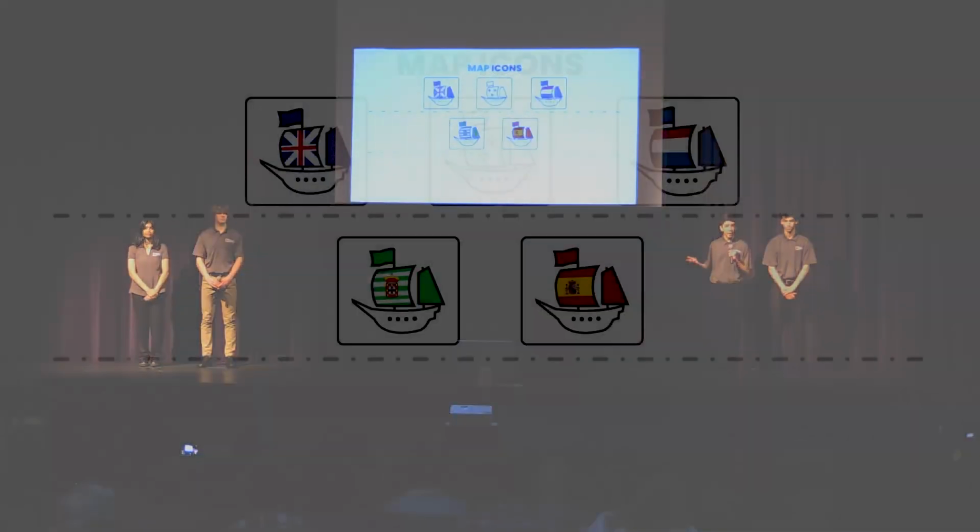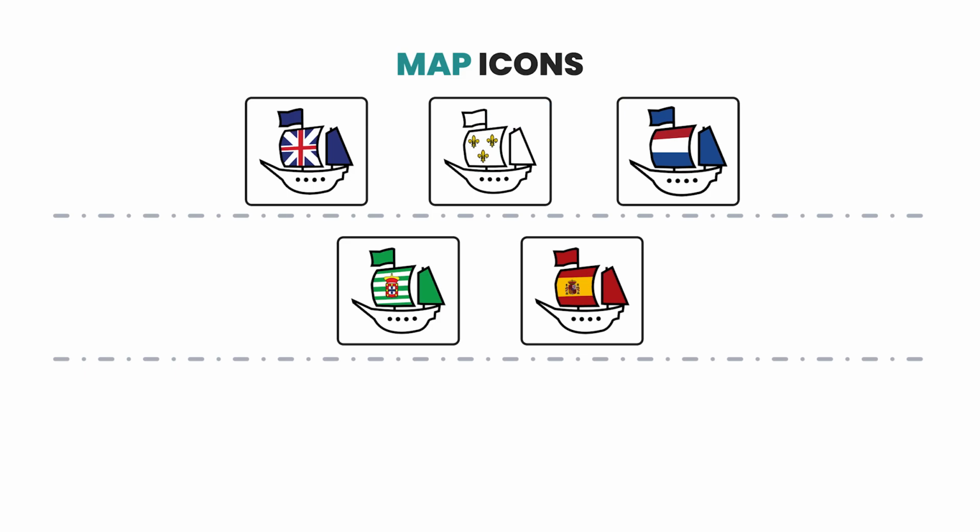Aside from the map, I also designed icons for ships that players can control in the game. I created one icon for each country a player can represent and added the corresponding flag to each ship, making sure to use accurate flags based on the time period. I kept the designs of the ships simplistic and bold so that they could be recognized at a small scale.